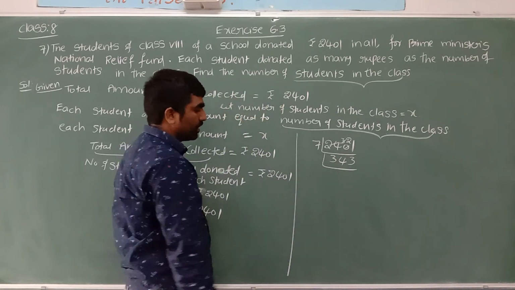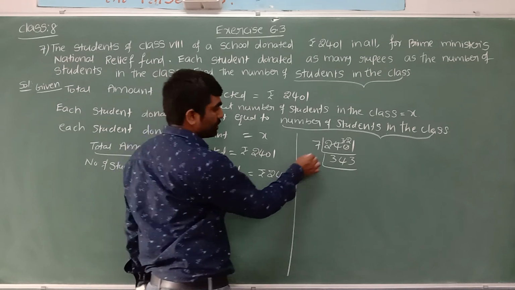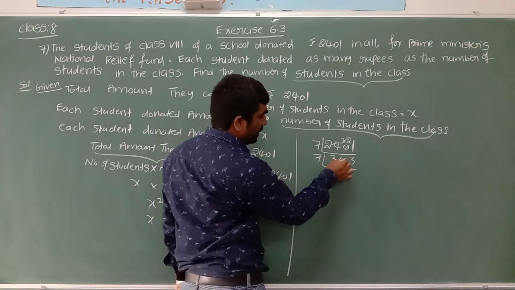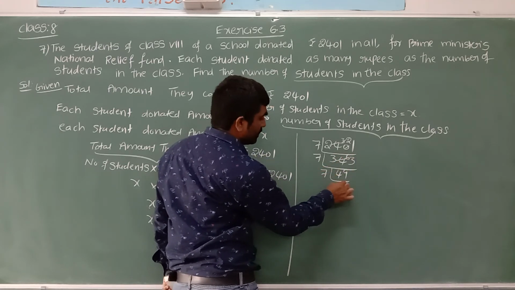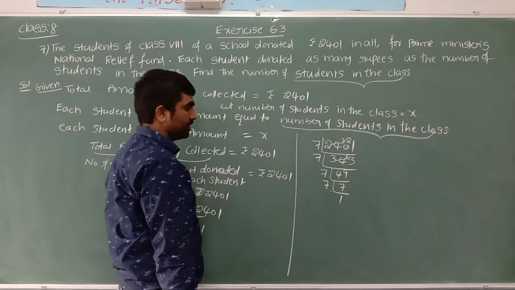Again 2 table, 3 table: 3 plus 3 is 6, 6 plus 4 is 10. 3 table not possible. 5 table not possible. 7 table will work better. 7 5s are 35. 7 4s are 28, 6 left. 7 9s are 63. 49 we can write. 7 7s are 49. 7 itself is a prime number. 7 on the 7.